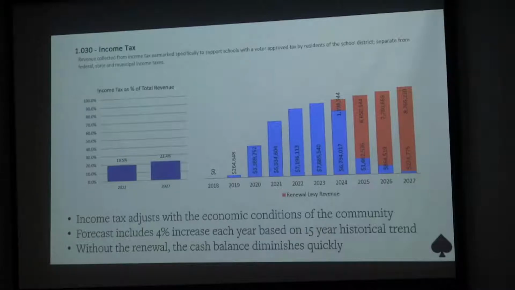And while we have not had our income tax for a period of time to come up with historical trends, since we are a traditional tax base, we can look at the state of Ohio's total taxable income over 15 years, and it comes out to 4%. And that includes recessions as well as positive economic conditions as well. So that is true average. Go ahead. Yeah, I think that's a reasonable assumption.